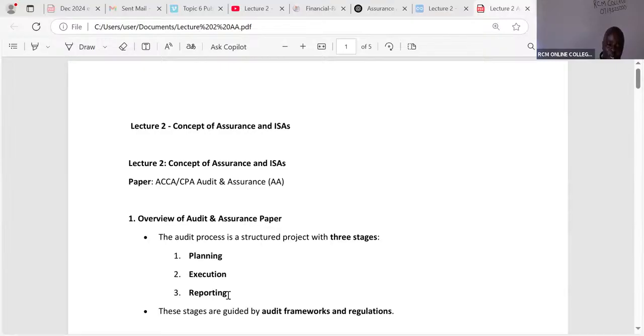During this execution, ladies and gentlemen, I'm executing, for instance, the substantive procedures. I'll be discussing with you in detail what substantive procedures are. We normally use the acronym A, E, O, U. Yeah, A, E, O, U. I'm executing. A stands for analytical procedures, where I take, for example, financial statements for the last 3 years, and then I do ratios, and then I observe the trends. That is analytical procedures. Then we have E. E is inquiries and third-party confirmations.